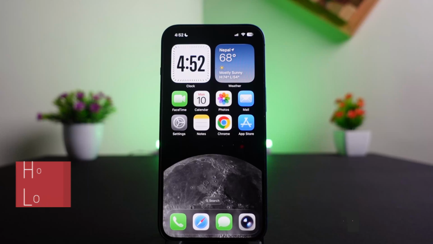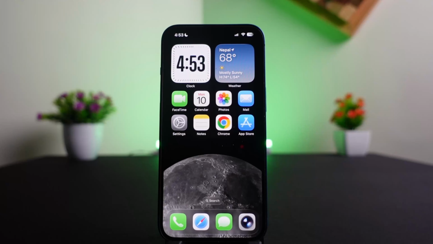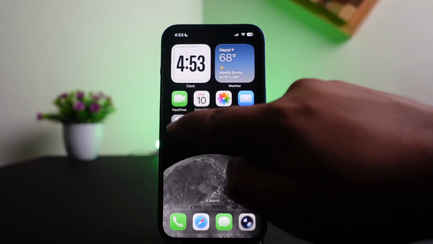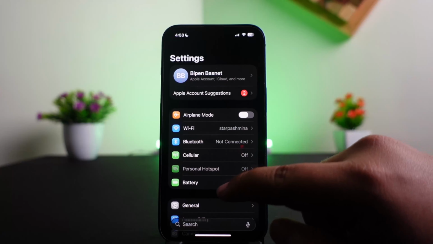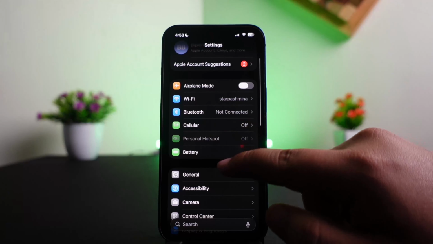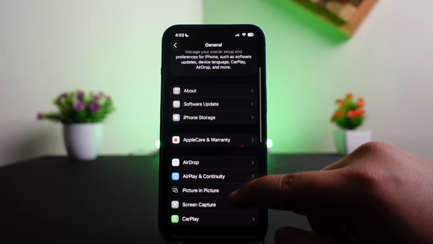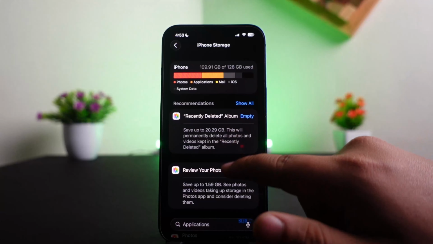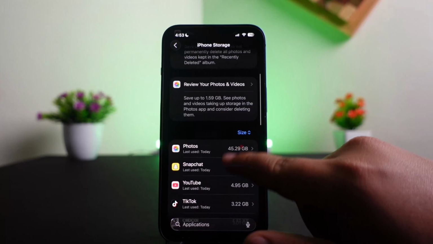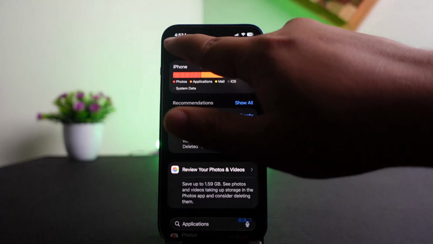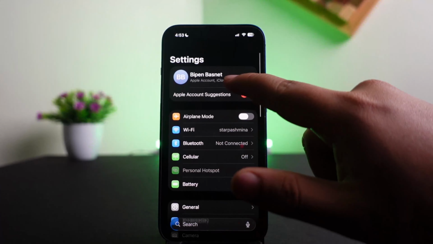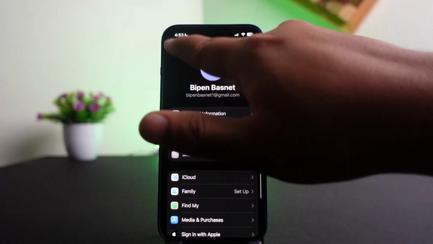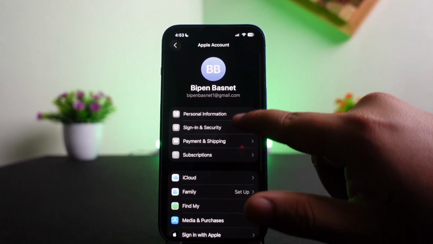In this video today, let me guide you through the steps on how you can reset an iPhone without losing its data. First things first, in order to reset an iPhone without losing the data, you can head over to settings, then head over here to your general option. Now once under general, you can see iPhone storage here. You can check how much storage is used and make sure that your iCloud has enough storage to back this all up. Then you can either back it up now by heading over to iCloud and back it up